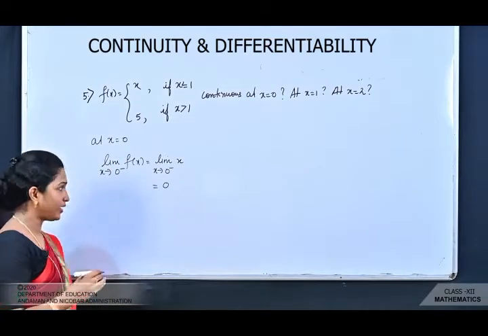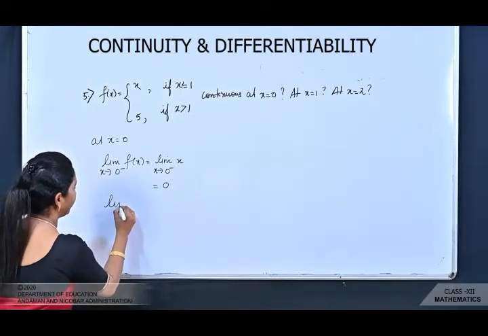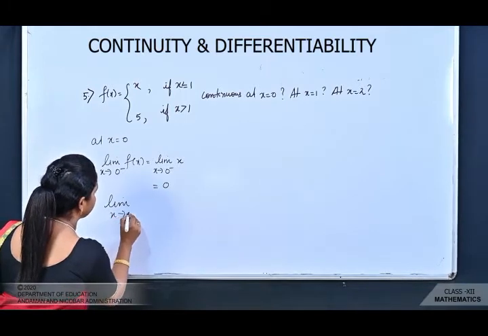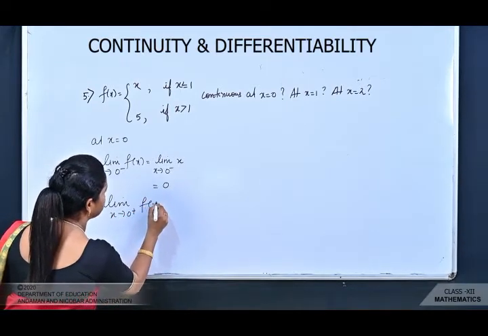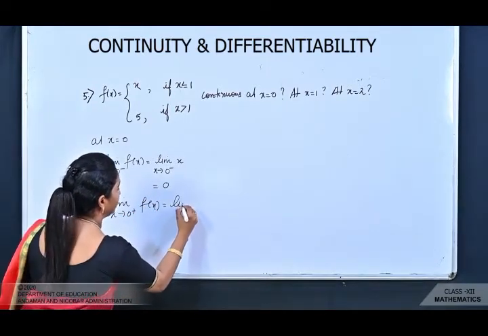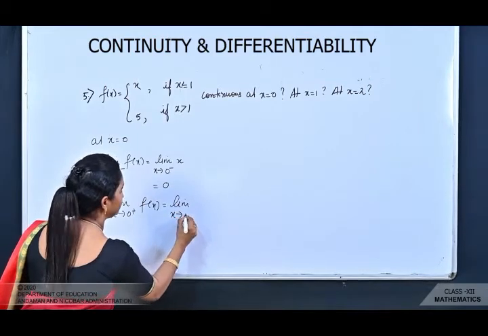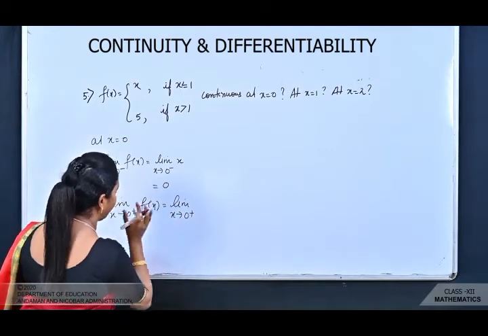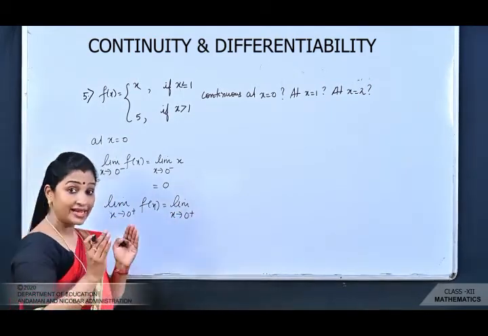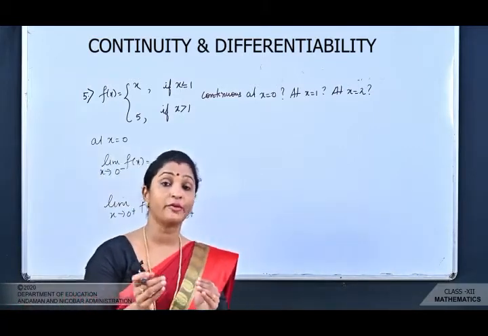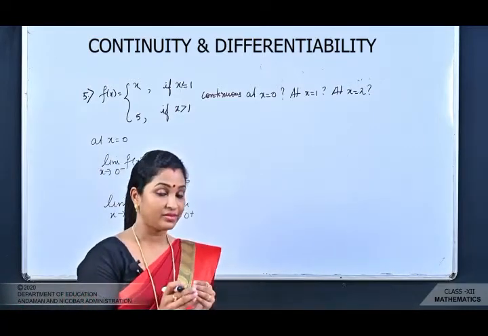Clear? Now when you go for the right hand limit, limit x tends to 0 plus f(x) is equal to limit x tends to 0 plus,